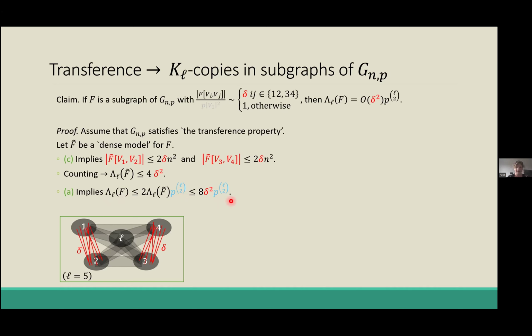Okay. Does this argument make sense? So it's very reminiscent of how you usually use regularity. You gain some information on your approximation, you find some useful structure in your approximation, and then you translate that back to the initial graph.